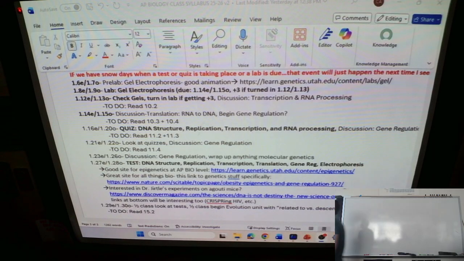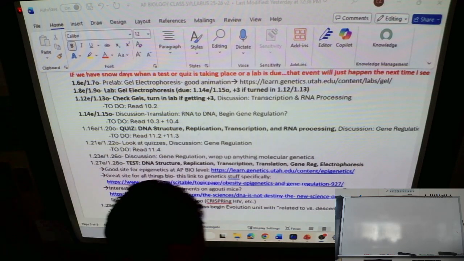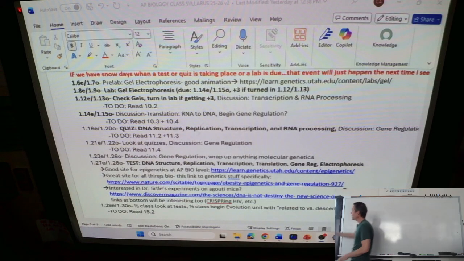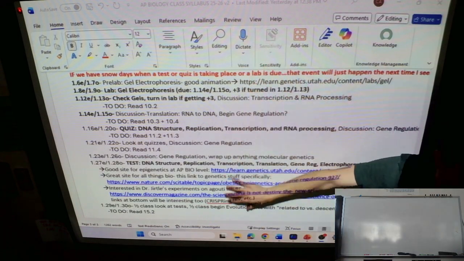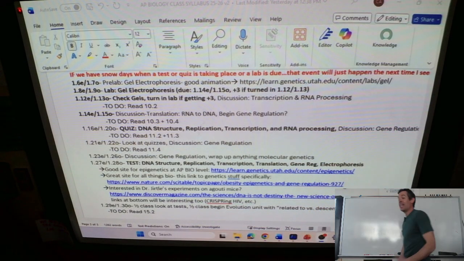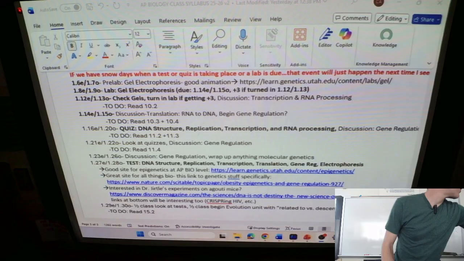Our test for even days is the 27th. For you guys, odd days, it's the 28th. Then our next topic after this is we combine evolution and ecology. So it's kind of different. Instead of all this small molecular stuff, it's more like big ideas, like populations, predators and prey, and all that. So any questions about our schedule? Not next class, but the class after is our quiz. Cool?